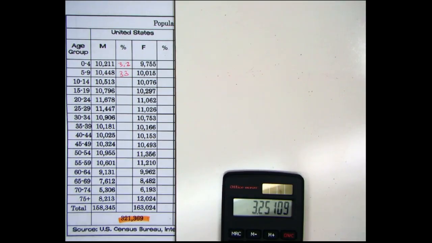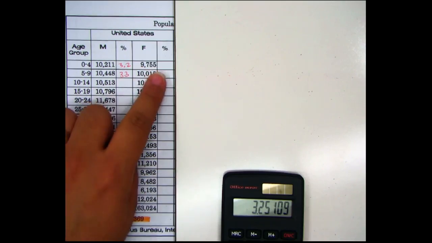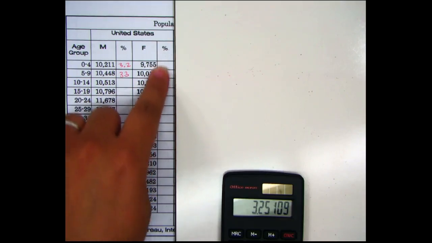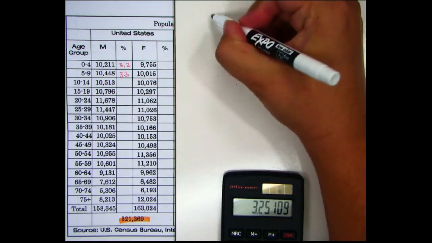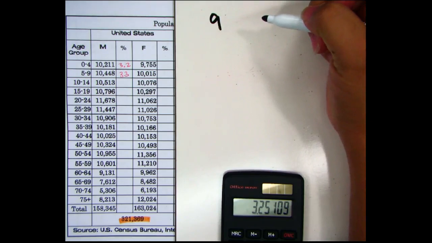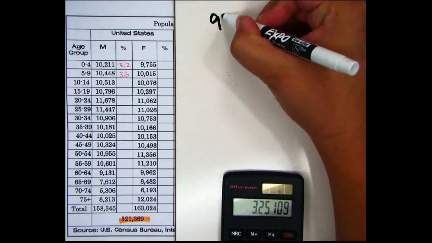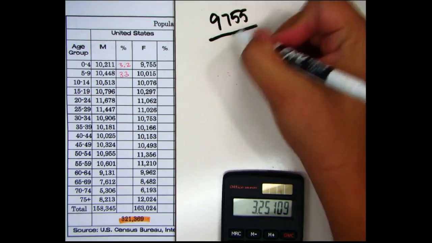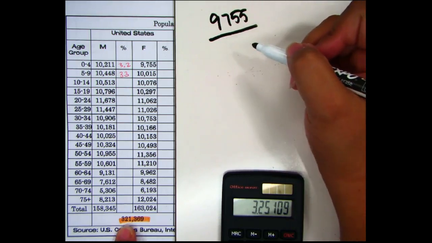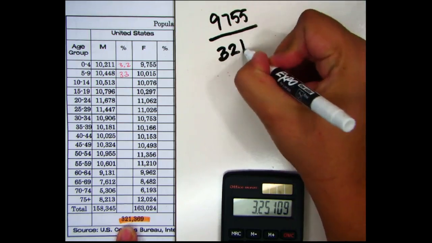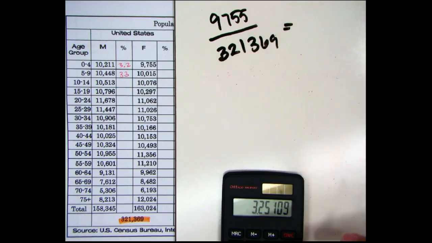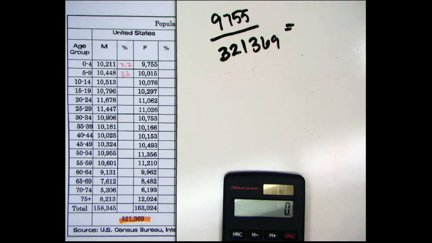And actually, just to show you the other side, I'm going to do these, actually we'll do 2 more. Let's do these 2 over here. So for the female population, age 0 to 4, there's 9,755. Divide again by the total population down here at the bottom, which is 321,369. So let me clear my calculator. 9,755 divided by 321,369. That gives me